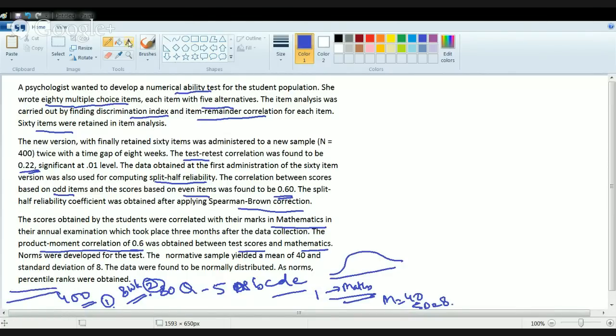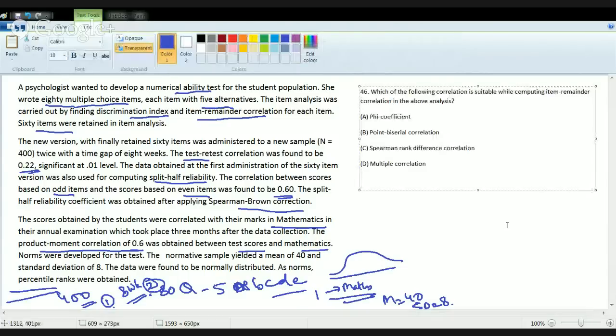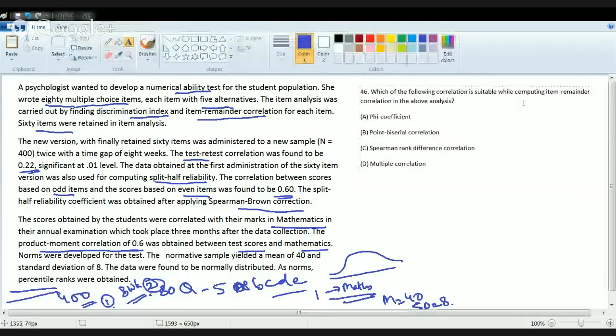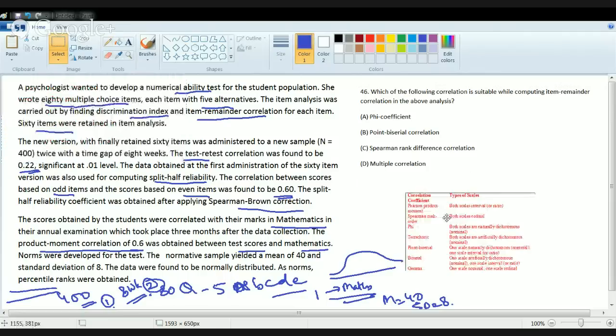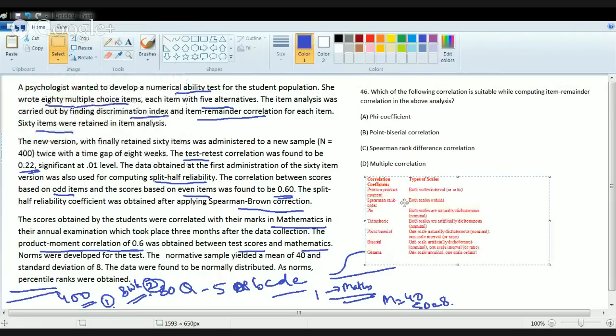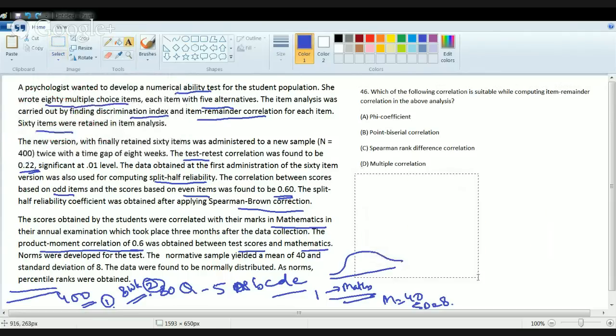So the first question here asks which of the following correlations is used for computing the item remainder correlation. As we can see, there are various choices: phi coefficient, phi serial, point biserial. So what we will do here is